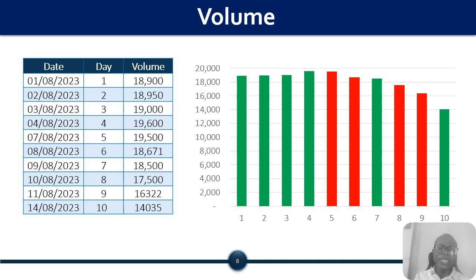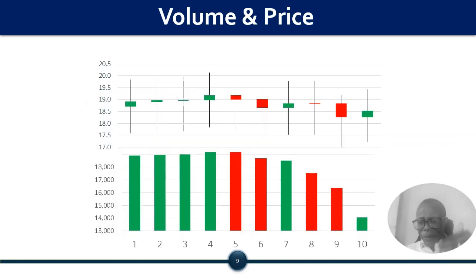For instance, if we look here and you look, let's say, in day number 4, we can see that it was 19,600 units which were traded. Then this is expressed or represented by this bar, this fourth bar. In fact, the bar charts stand really out. If we were to superimpose the candlesticks on top of the bar charts, now we have a much wider information